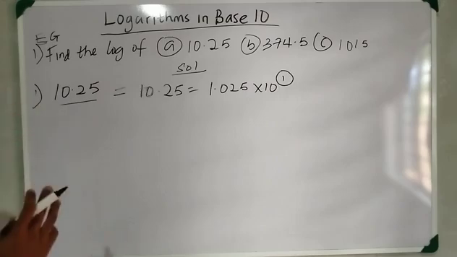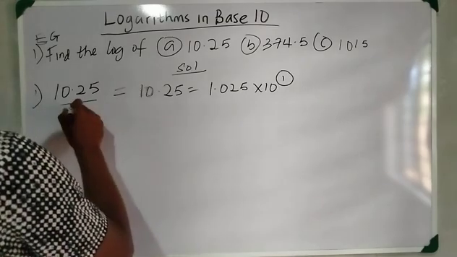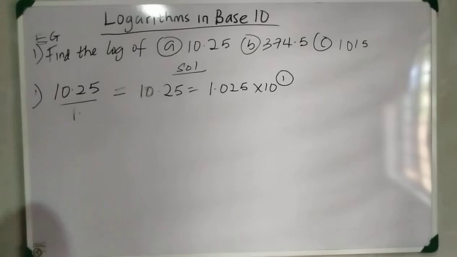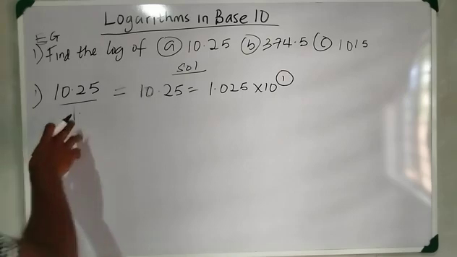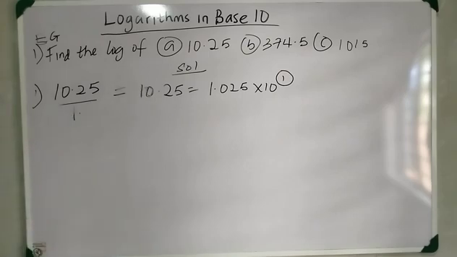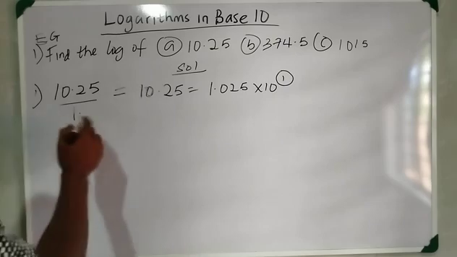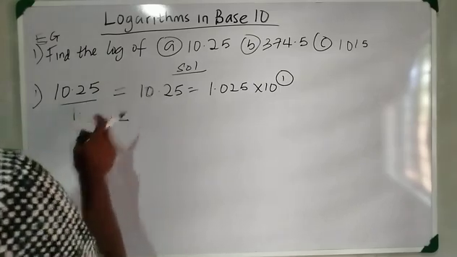So the first part of our answer is going to start with what? 1 point. That's the first part of our answer. So we use standard form to always get this. Alright? Now, the second part of our answer, which we do not know yet, will be gotten from our logarithm